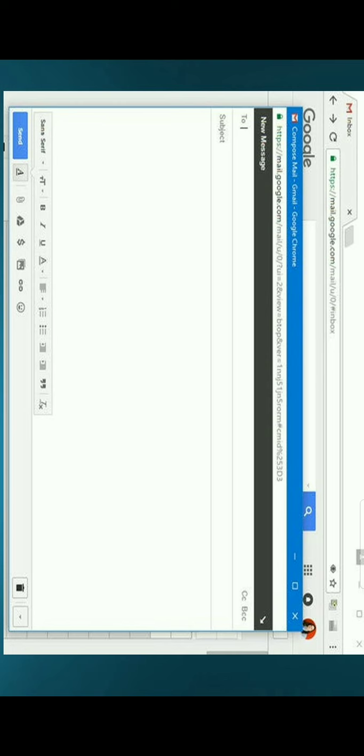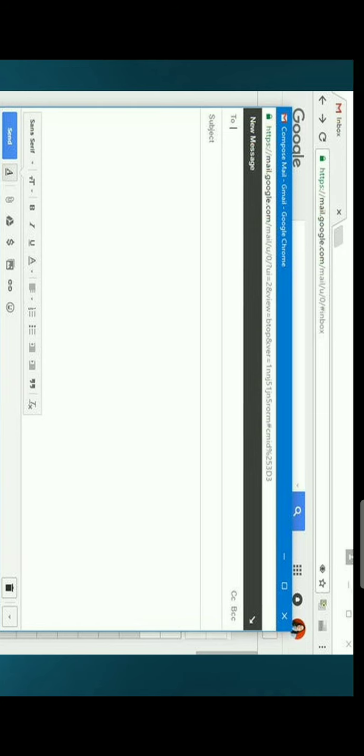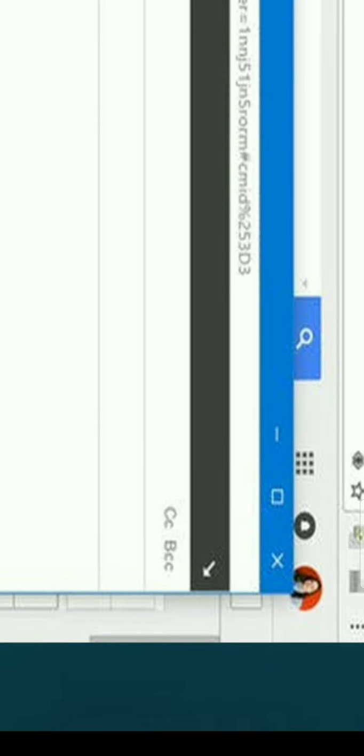The total blank option is the main area to write the message. Here is the attachment option also, to attach your files with the message. Emoji options are also there to add an emoji with the message. And you can see here there is a smaller CC and BCC option.